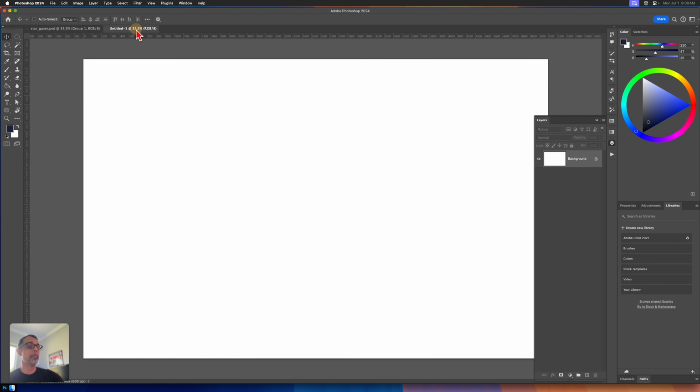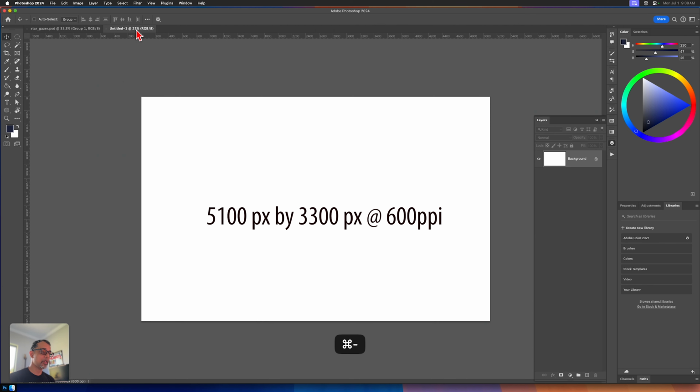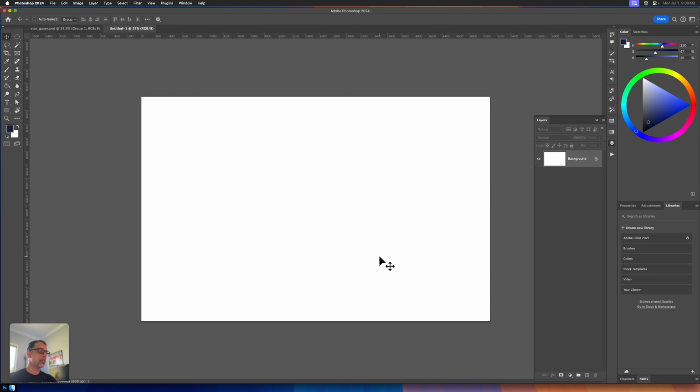So the first thing I'm going to do is go ahead and make a blank canvas. I use 5100 pixels wide by 3300 pixels tall. It's a landscape canvas, and I use 600 pixels per inch as my default canvas size. Now, the way this is going to work is I'm just going to show you some of the techniques that I'm using for that specific example, and you can apply this to pretty much any type of landscape that you're